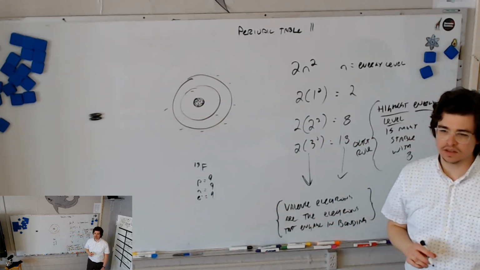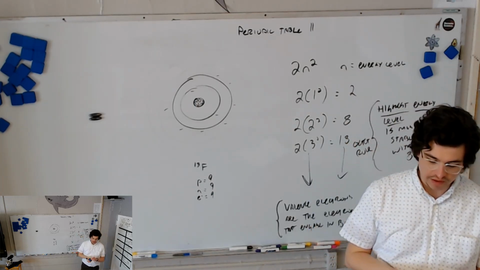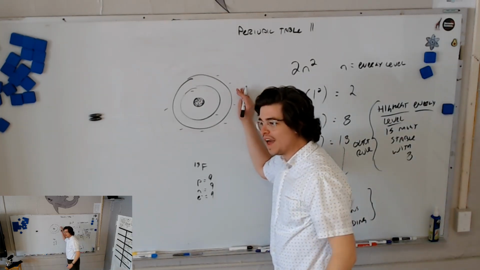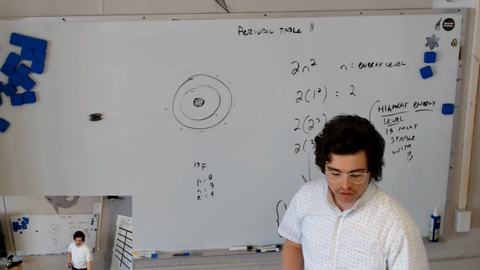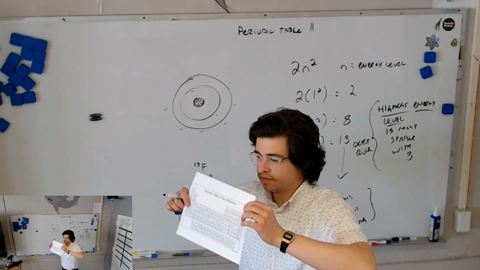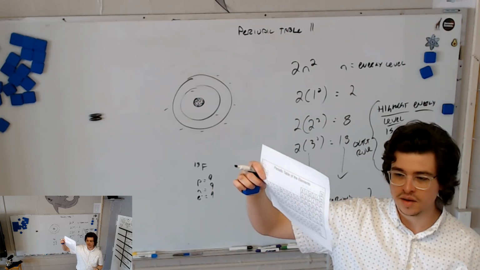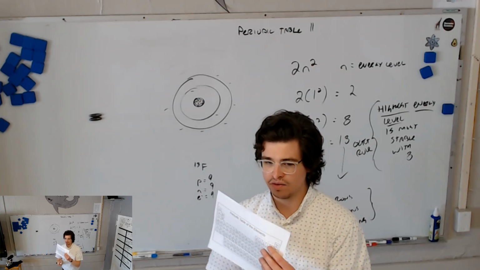How many valence electrons does fluorine have then? Bingo. What group is fluorine in on the periodic table? 1, 2, skip these, 3, 4, 5, 6, 7. 7 valence electrons, like we just found, and it's in group, what we sometimes call 7A on the periodic table. Isn't that the coolest thing? Look, go on your periodic table right now. Look what that group is labeled on your periodic table. It's labeled 17.